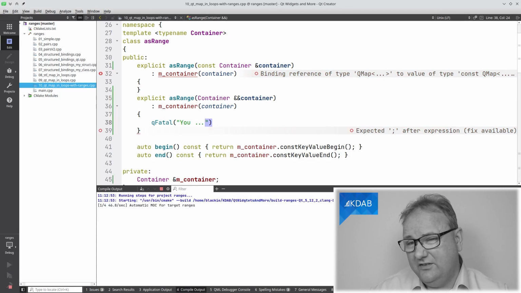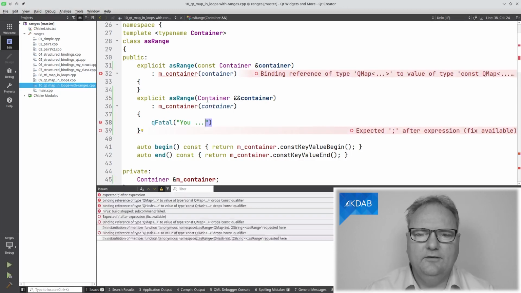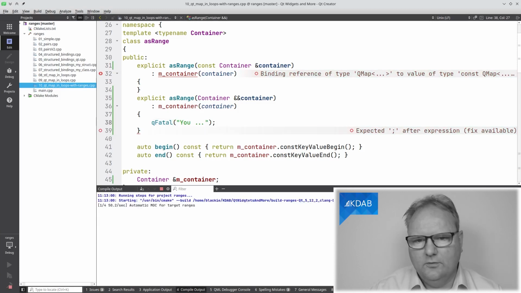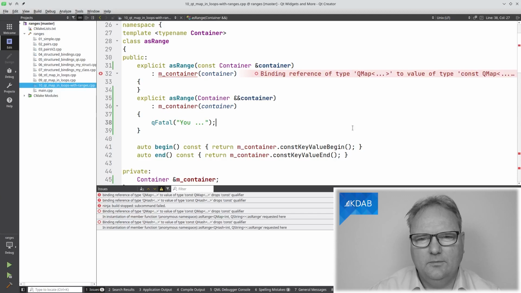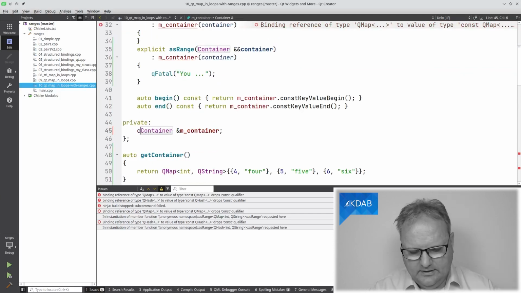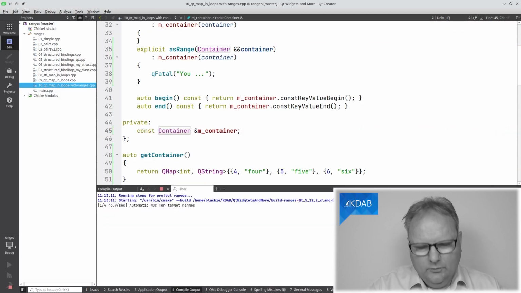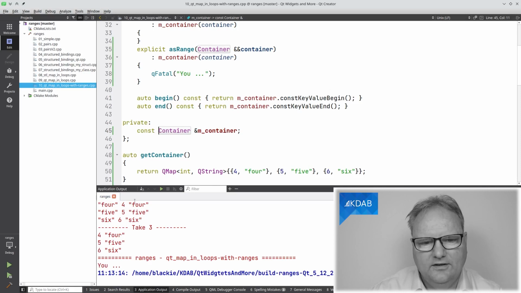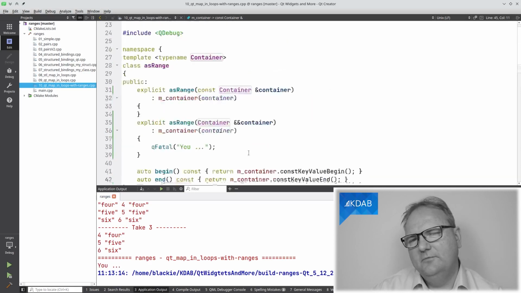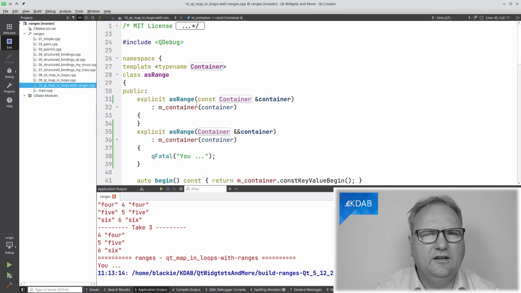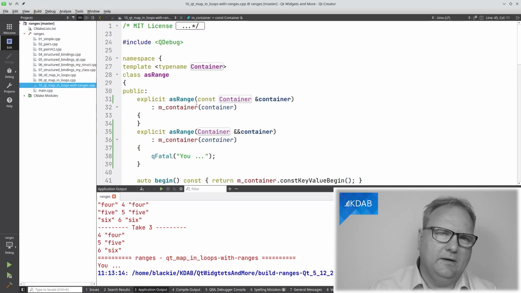You want to really see that it works? Well, I can compile it and I can even run it and it gives me an error because I forgot the semicolon here. Why are there all these semicolon requirements in C++? Now, of course, I need to make this one const down here again. Why did you want me to show it that it worked? Your fault. And there it is. That's the qfatal that hit there. But I actually like the other one because that gave me the error already at compile time.